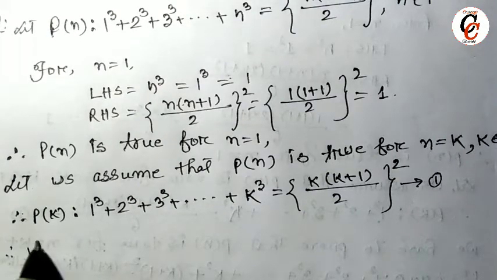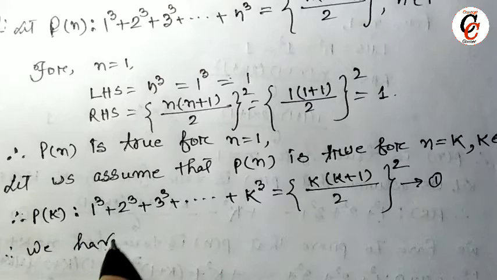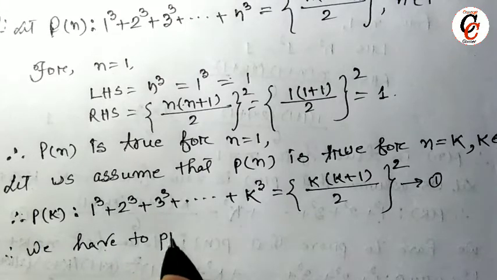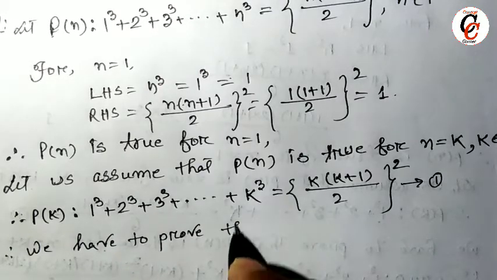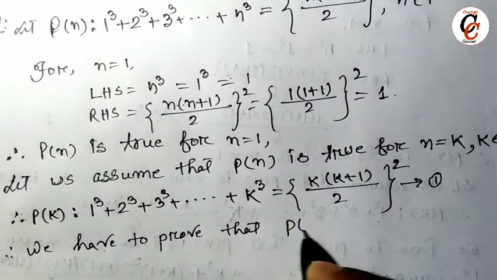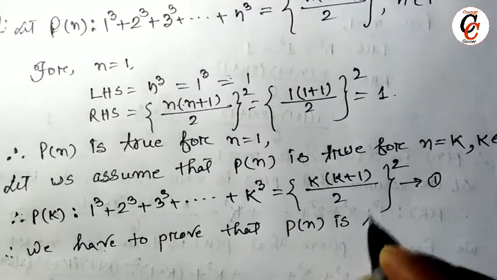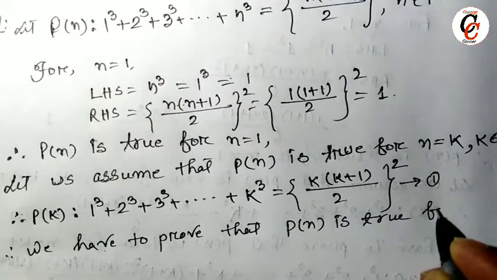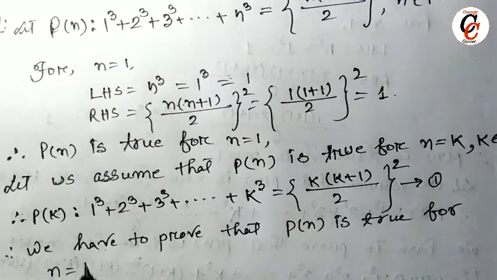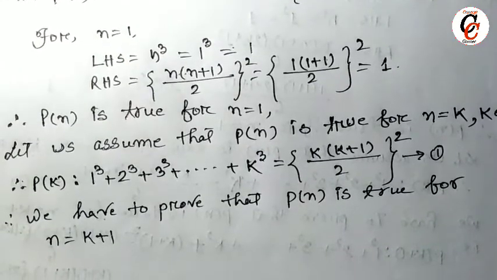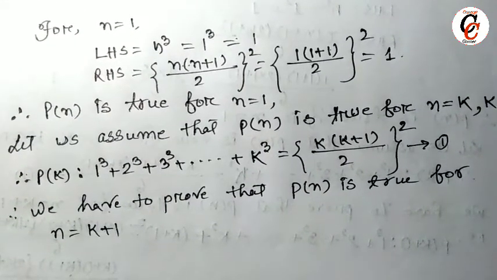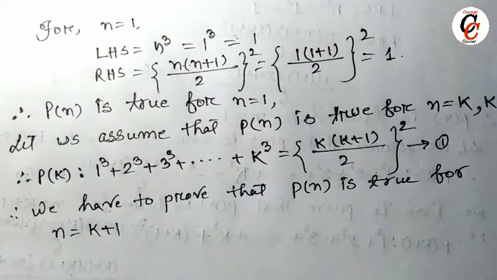Therefore we have to prove that Pn is true for n equal to k plus 1, where k is also some integer, already it is written. So Pk plus 1 will be,